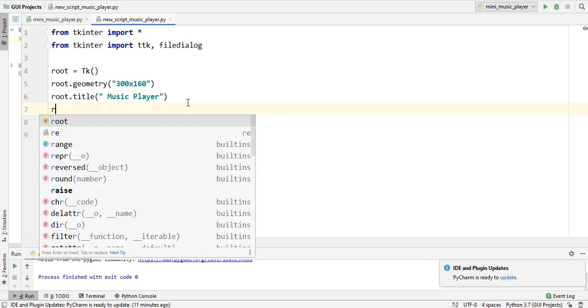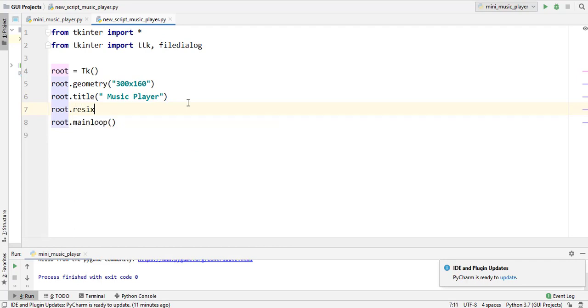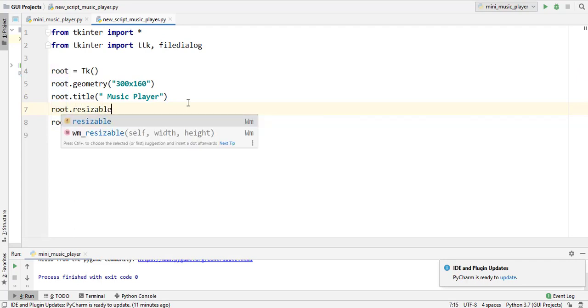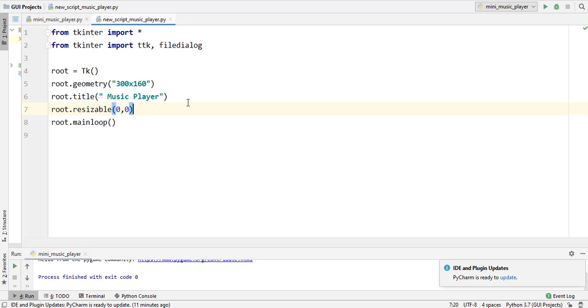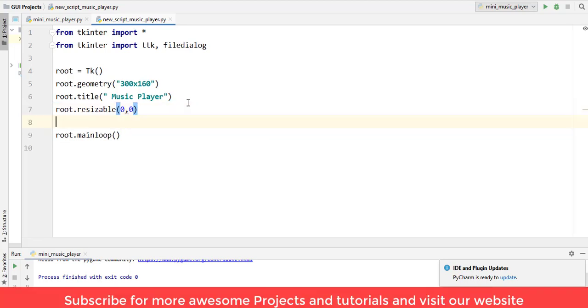Now the next thing is root.resizable, which is 0,0, and for background color, root.configure(bg=...). You can also pass a hexadecimal value or RGB value instead of the actual color name.